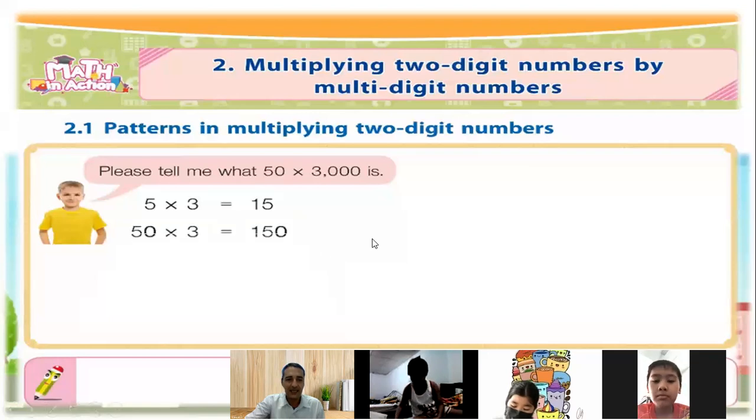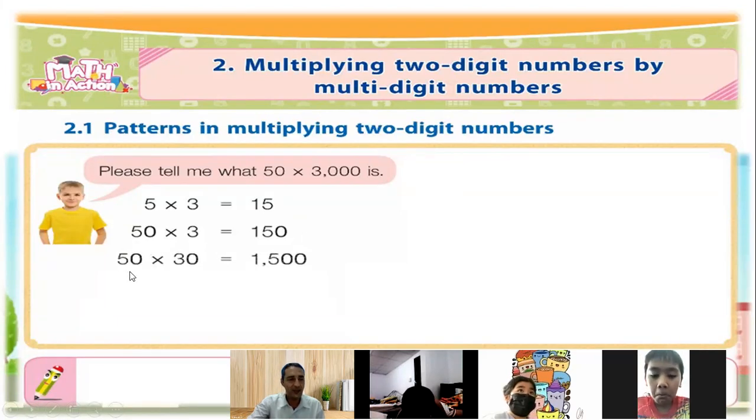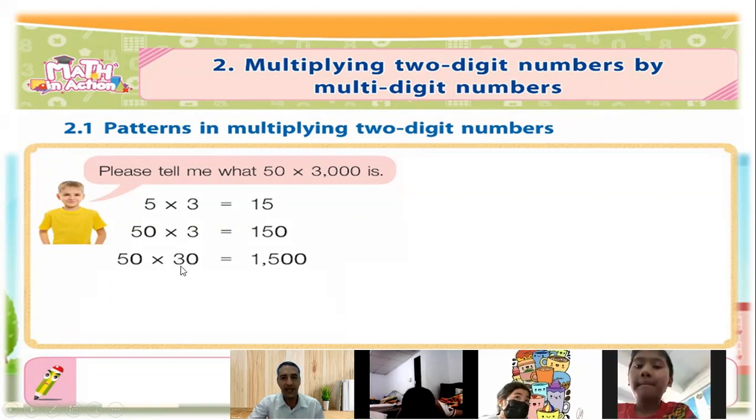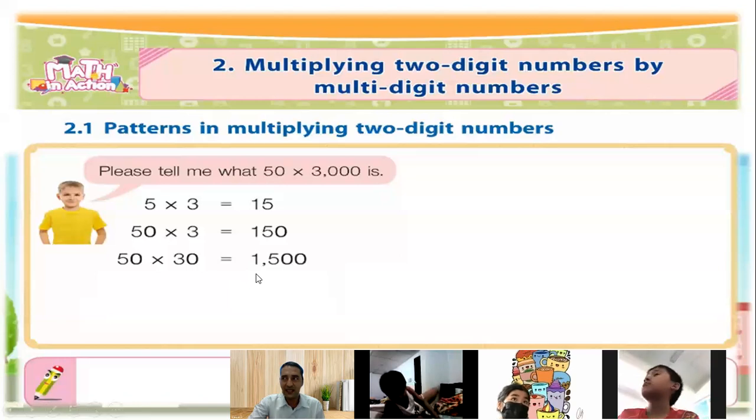Okay, then the second step, what we're gonna do, then 5 tens multiplied by 3. So 5 tens multiplied by 3 become 150. Okay, then the third step, we have to multiply 5 tens multiplied by 3 tens. Okay, which means 50 multiplied by 30. So that is equal to